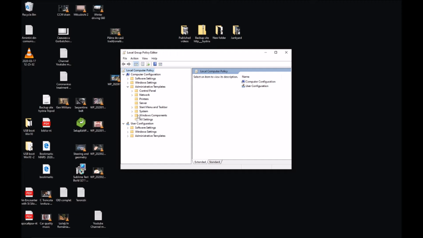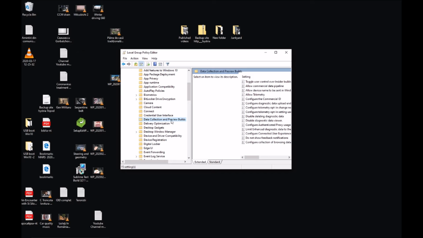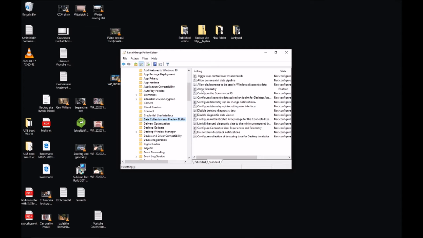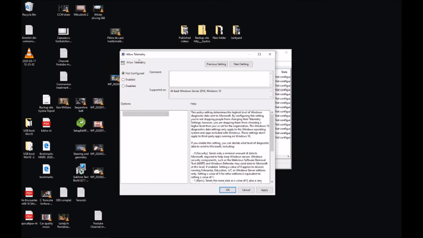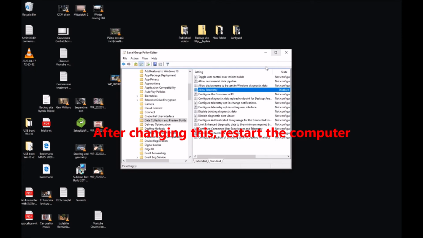We are going to Windows components, and we are going to scroll down to data collection and preview builds. You may click here instead of extended to standard. Search for allow telemetry. Double click on it. You will see not configured. So click on disable here and click to apply. So these are the two settings.